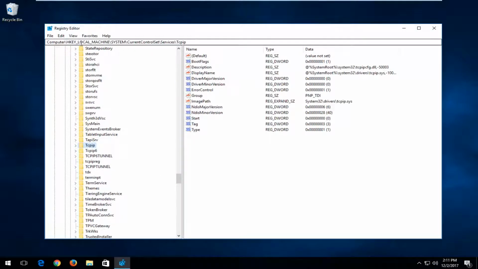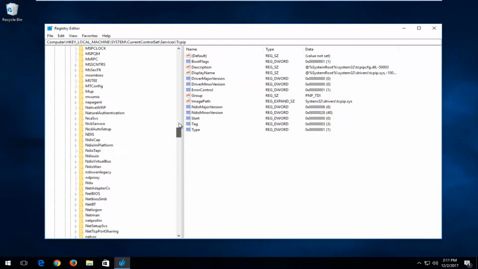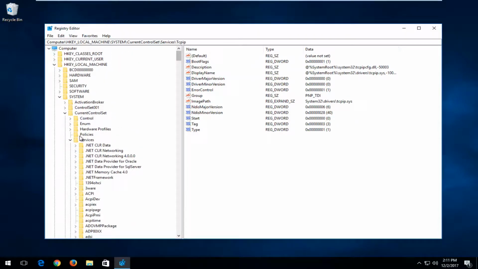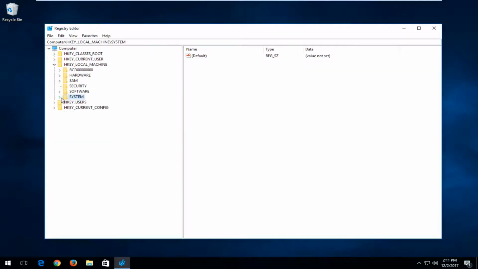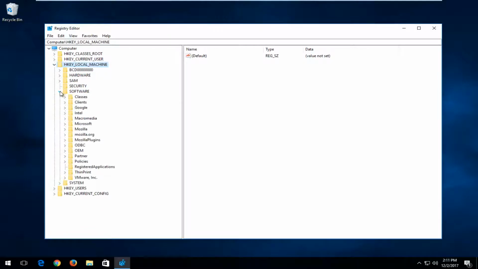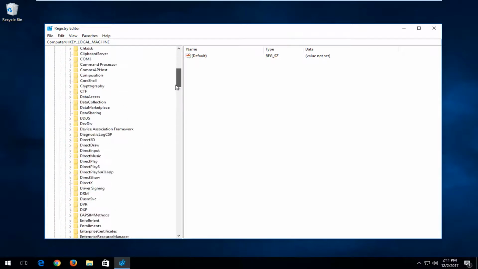And you can also note on the top here we have the path of where I am, so if you ever get lost in the video, you're more than welcome just to refer to this up here. And once we've done that, what we're going to do now is navigate over to HKEY_LOCAL_MACHINE again. So let's go back up to the top, close out of this stuff. HKEY_LOCAL_MACHINE, go down to Software, expand the Software folder, and now that we've expanded Software, you want to go down to Microsoft, and then look for a folder that says